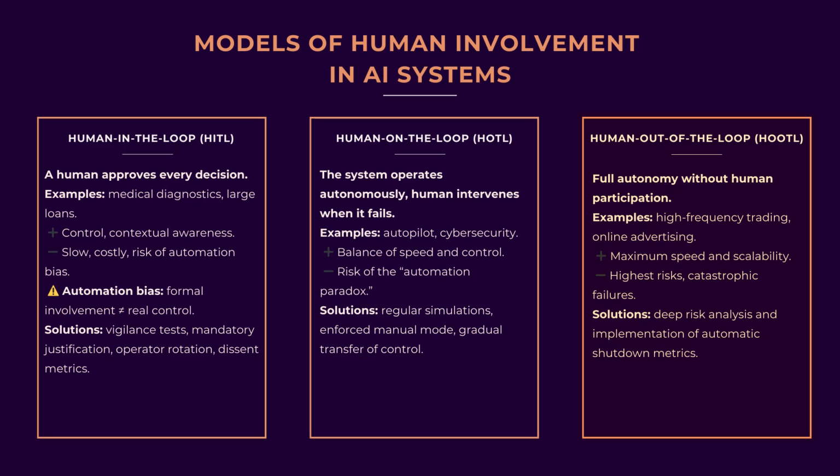In 2010, high-frequency trading algorithms crashed U.S. equity markets by $1 trillion in 36 minutes. Systems operated in human out-of-the-loop mode, cascading on one another's sales. It took people 5 minutes to understand what was happening and another 15 to stop the algorithms. This incident led to new rules: automatic trading halts at sharp market moves.